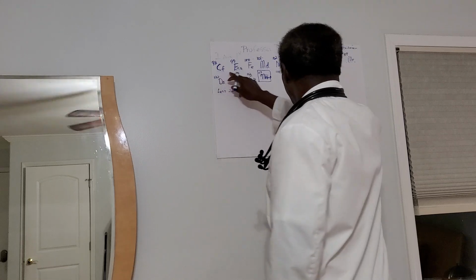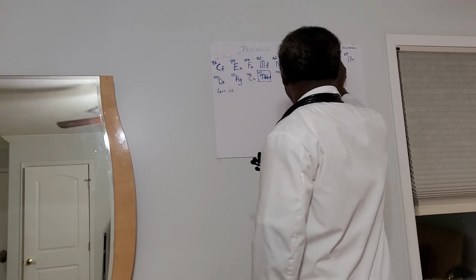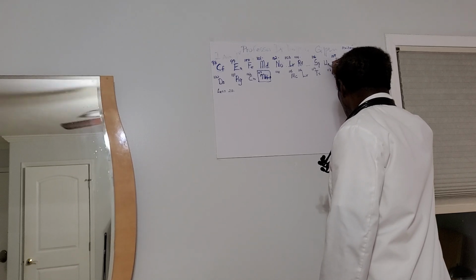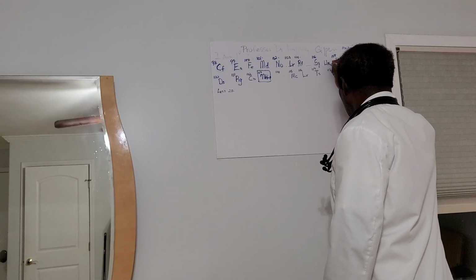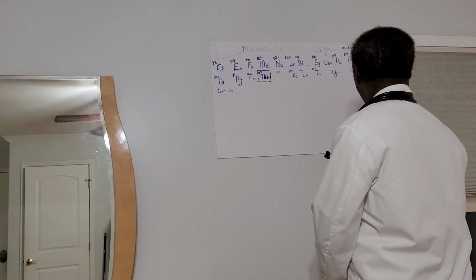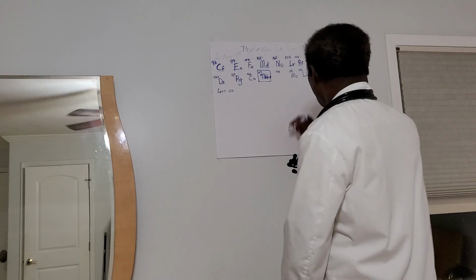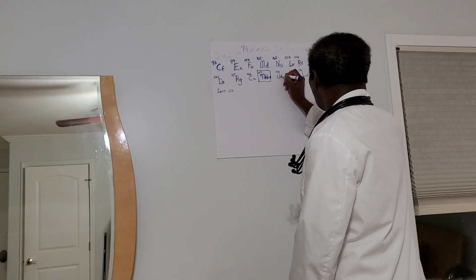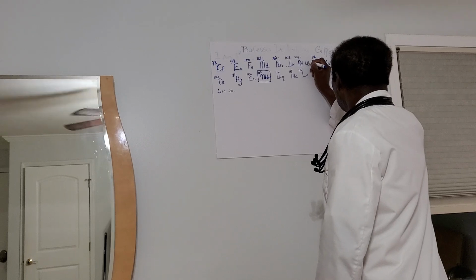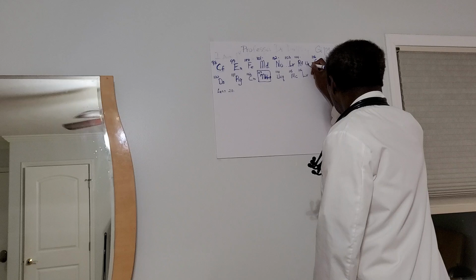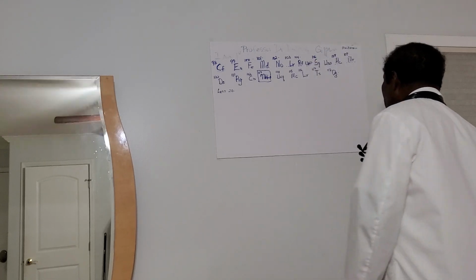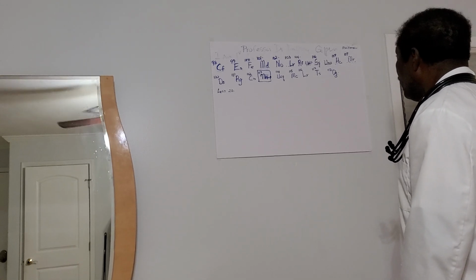In the meantime, let's get the modern name for these. 107 would be Unnilseptium. And 114 would be Unnilquadium. And 105 would be Unnilpentium. Unnilpentium, Unnilseptium, and Unnil